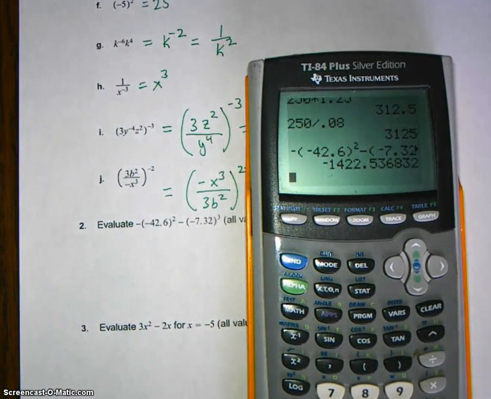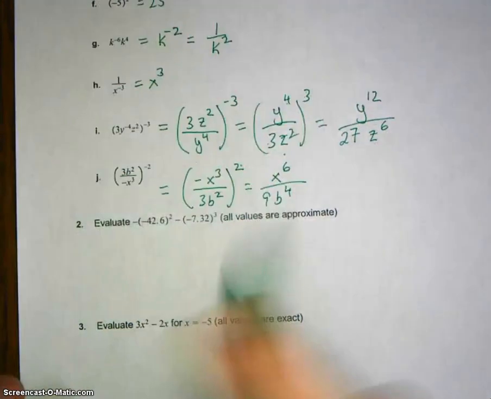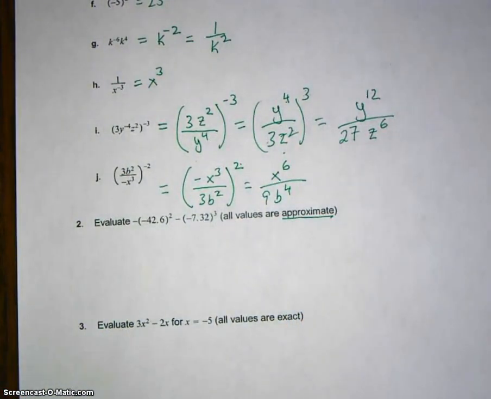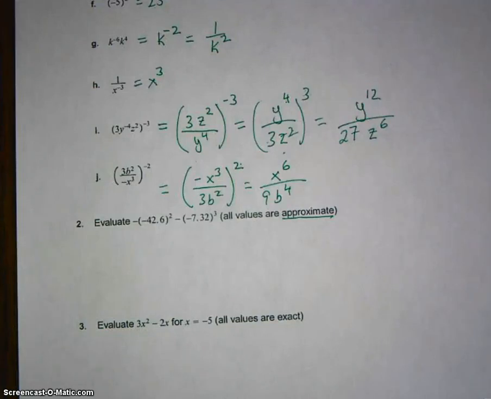Here's the deal though, because I told you that these numbers are approximate, we have to be careful. We have to be careful about the accuracy and the precision issues, the things we talked about in the last